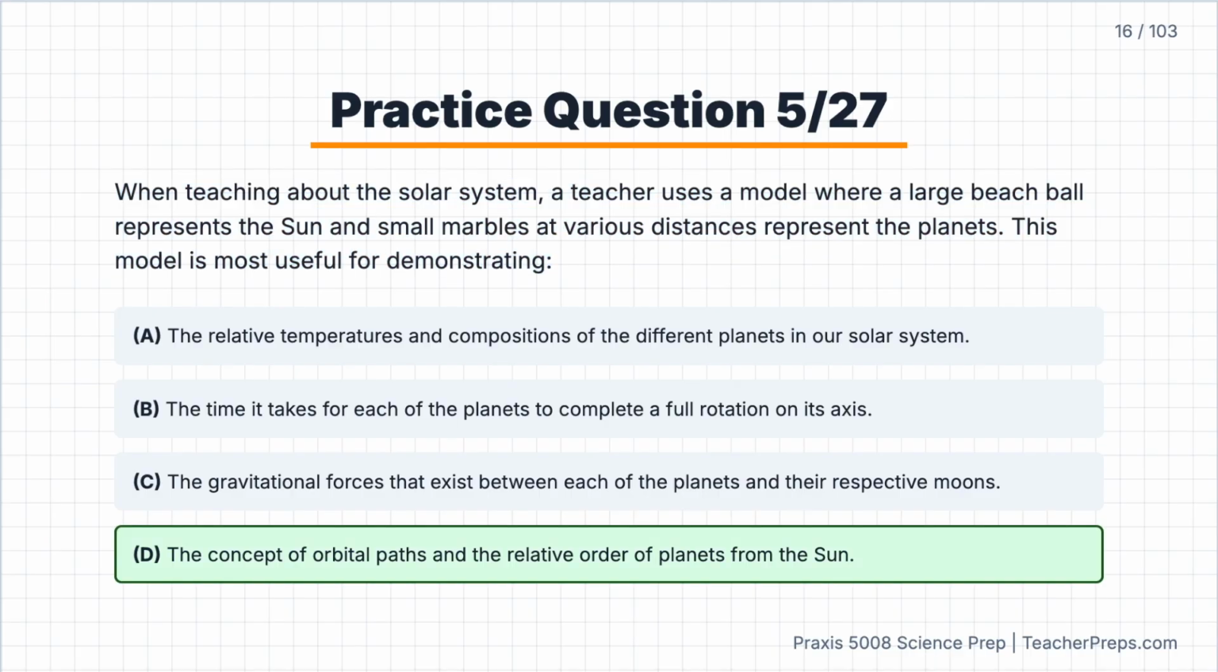For question 5, I'm going with answer option D, the concept of orbital paths and the relative order of planets from the sun. Now, this question is asking us to evaluate scientific models and representations, and a key of using models, which is the beach ball and marbles in this case, is to help our students understand strengths and limitations. This physical model's primary strength is showing the sequence of planets and the idea that they travel in paths or orbit. So this would be another way for students to have a visual representation, and that would be an